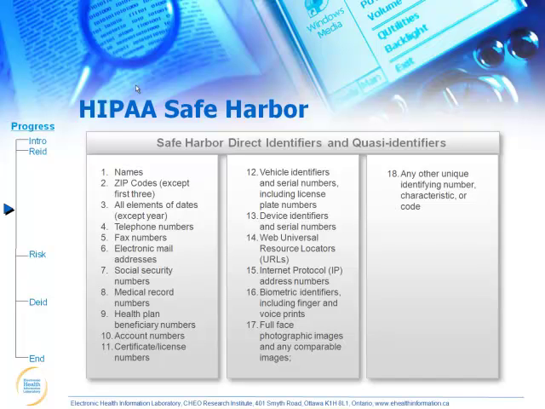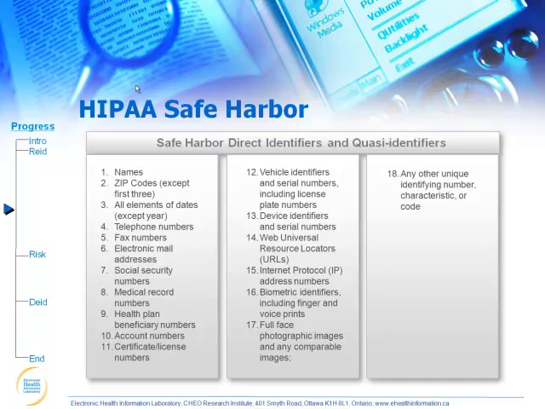One of the standards we use to determine whether a data set was properly de-identified is the HIPAA Safe Harbor de-identification standard. HIPAA in the US has 2 standards for de-identifying data. One is called the Safe Harbor, and the other one is a statistical method. Safe Harbor essentially defines 18 fields or 18 pieces of information that you must remove from your data set to claim that it is a de-identified data set. These include things like names, zip codes, dates except for year, and directly identifying pieces of information like telephone numbers, fax numbers, email addresses, biometrics, vehicle identification numbers, and so on.